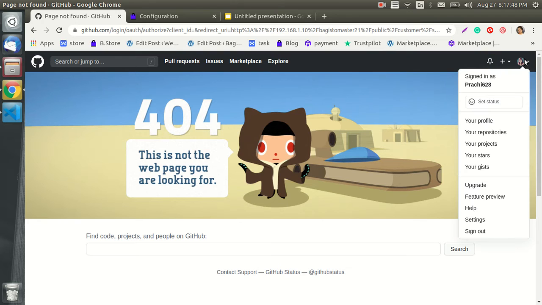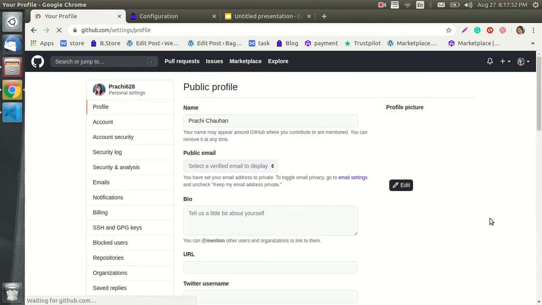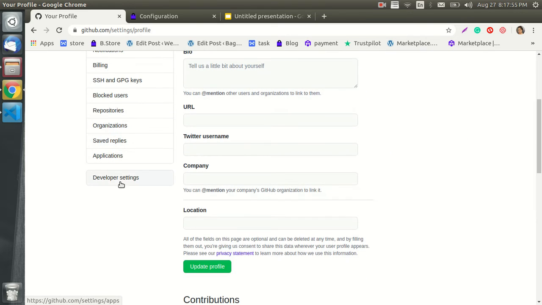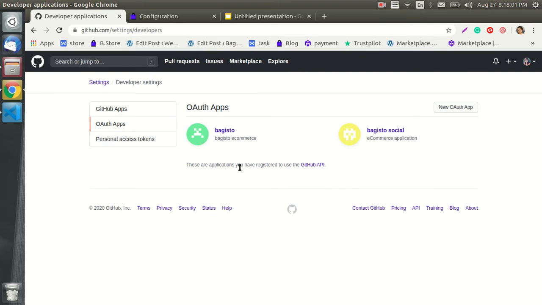The admin needs to go to the settings on his GitHub account, under the settings go to the developer settings, then OAuth apps. I have already configured my Bagisto previously, so the admin needs to click on new OAuth app.